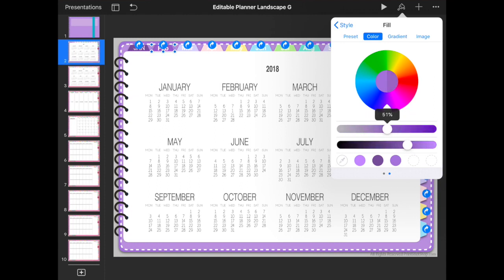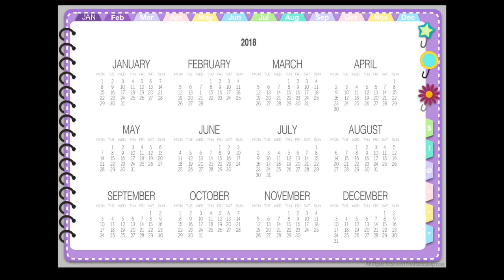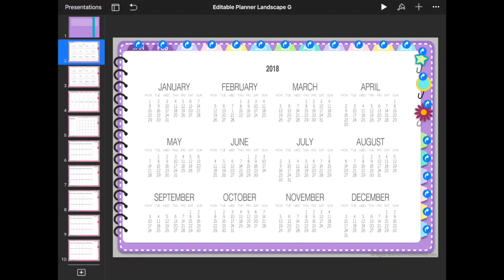Maybe there, that's like different enough, I think. Again, click on play to see what it's looking like. I think that's okay, I like it. So pinch back to get out of there. And now that I'm happy with my colors, I'm just gonna go around and change the color of each of